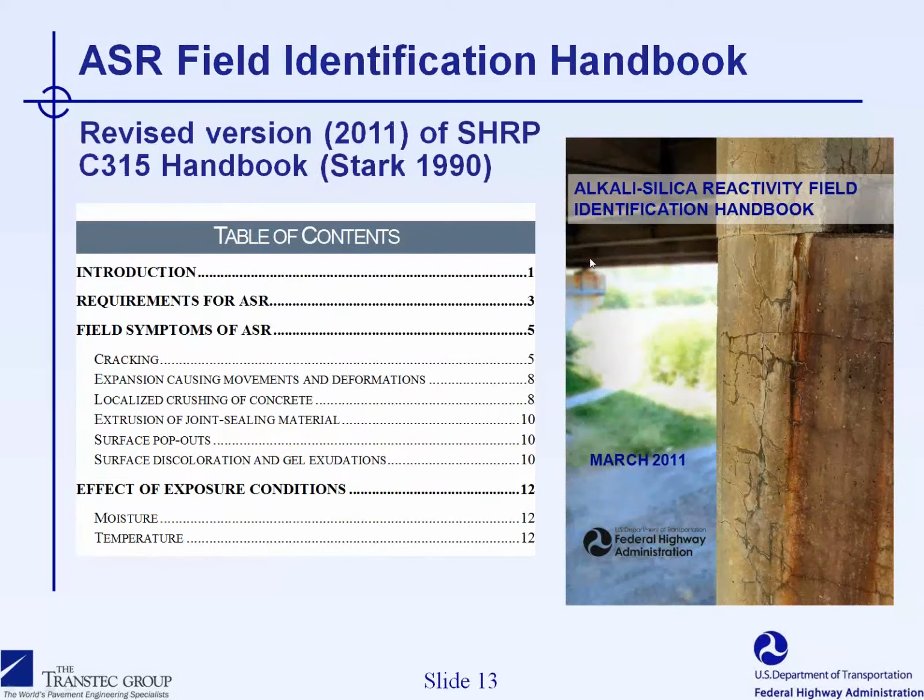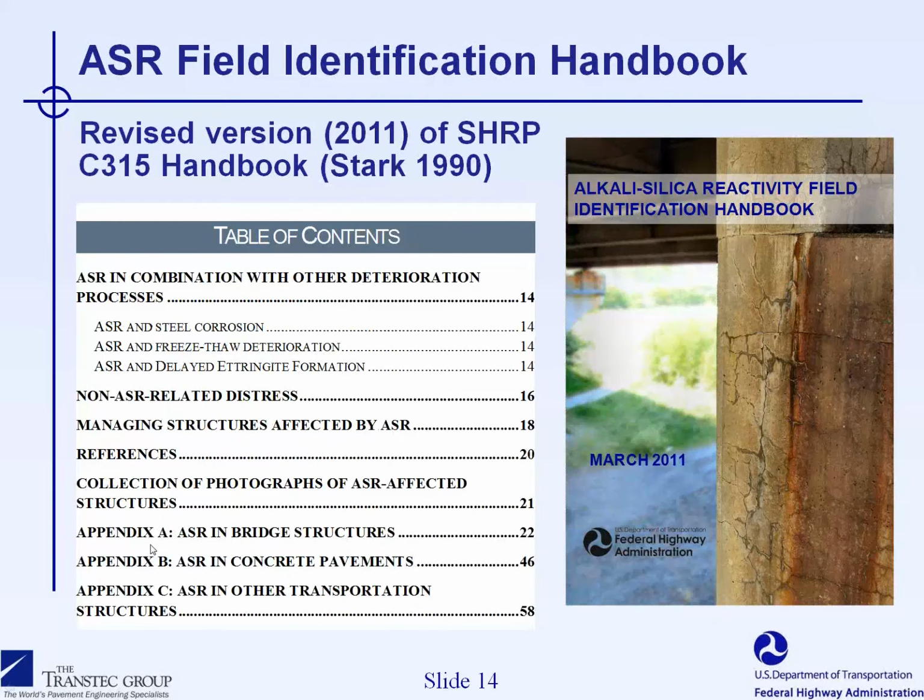This slide gives some details on the table of contents of this Field Identification Handbook. As you can see, there is a lot of information provided in this document related to the actual field symptoms of ASR. So what are the different field symptoms that the inspectors can identify during their work in the field? Also, we spent some time giving some information about the effect of exposure conditions, for instance, moisture and temperature, on ASR. And the second part of the document presents a lot of examples of ASR, either by itself